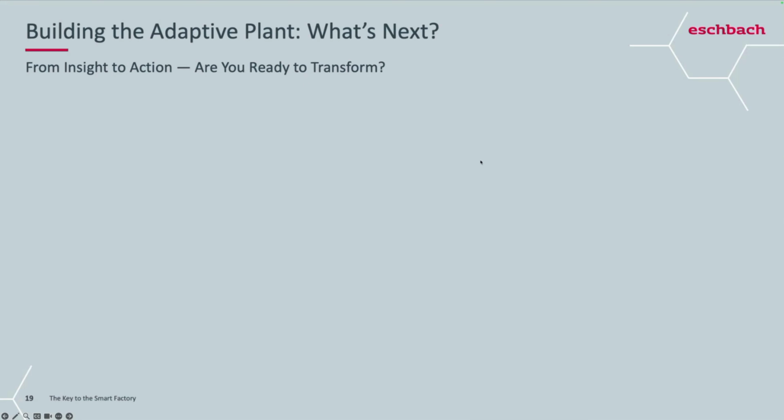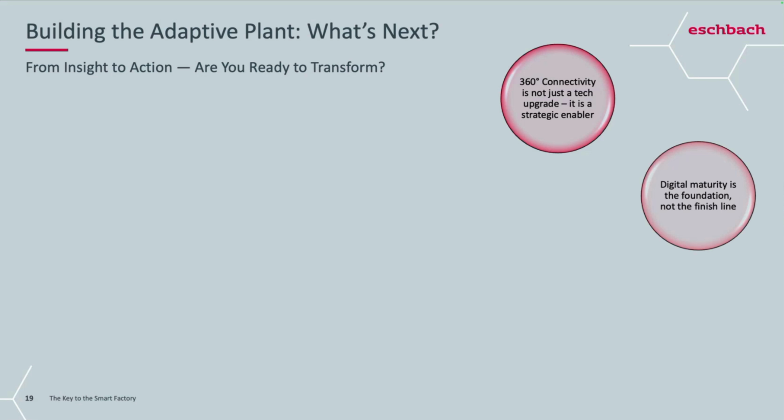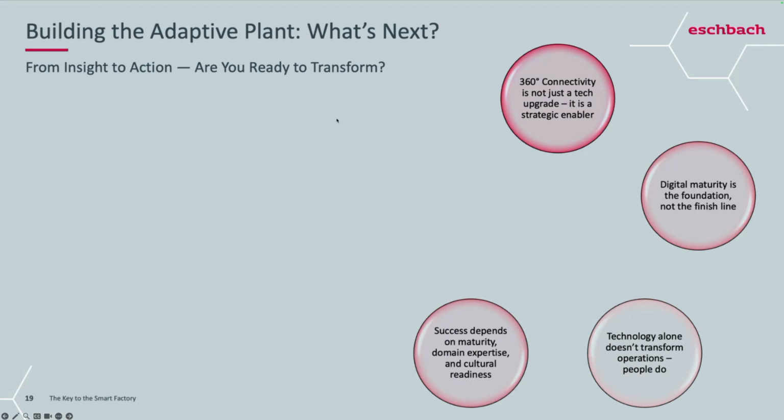So what's next? We have seen 360 degrees connectivity is not just a tech upgrade, it can become a strategic enabler. Digital maturity is the foundation, it's not the finish line. I mean, this is where you're starting off and then walking up the ladder to the adaptive plant. It's not technology that transforms operations, people do it. And people using that technology smartly and cleverly. And then the success depends on maturity. So you need to know what your maturity is and how to climb up, as I already said, that maturity ladder